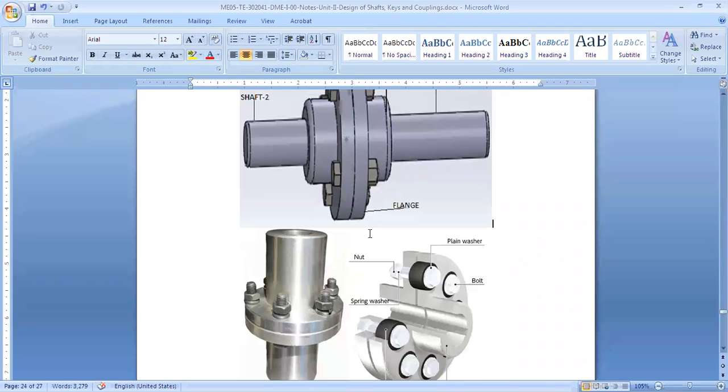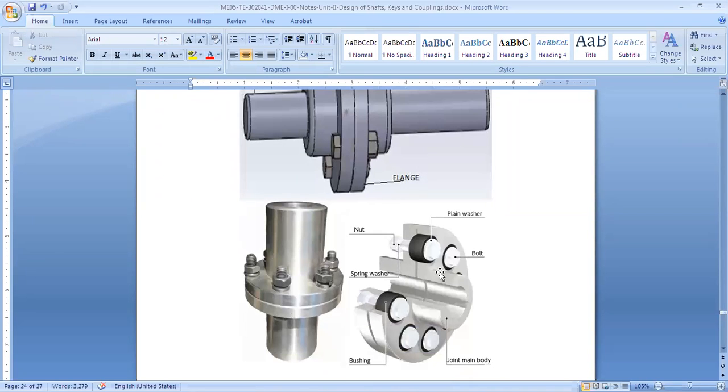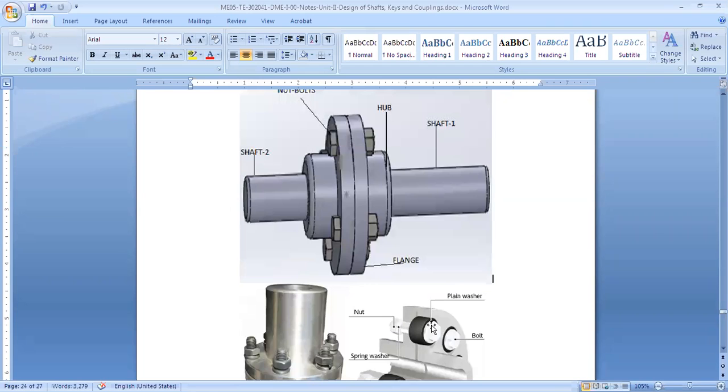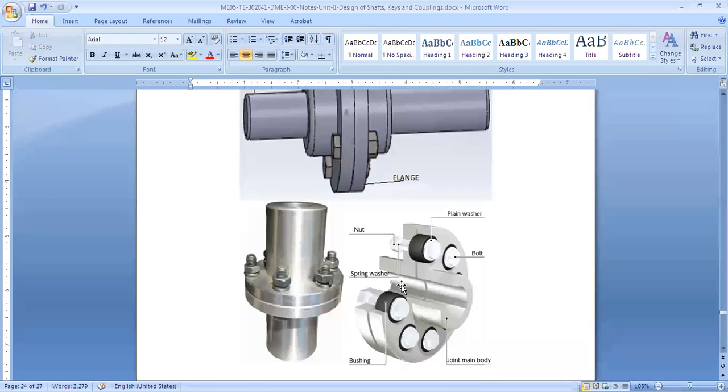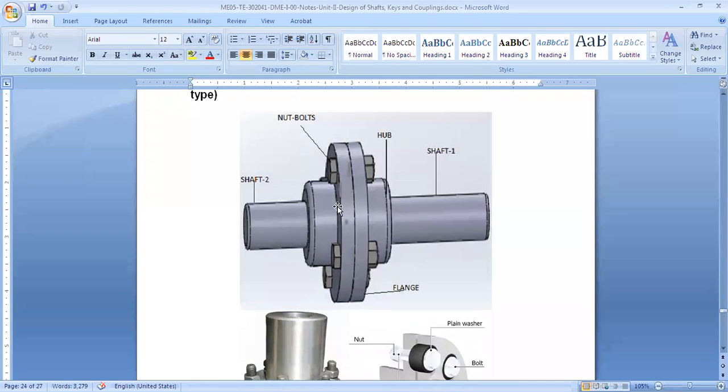Now what is rigid? Basically it will not be able to absorb any kind of shock or little misalignment in the shaft. But with the flexible flange coupling, little misalignment in the shaft, little vibrations or shocks will be absorbed by the coupling, and they will not be transmitted. So that's why the flexible flange coupling is a little bit more preferred. But the problem is that these washers or bushings will go through wear and tear, so it will need some kind of maintenance, right? So this is the flange coupling and the flexible flange coupling.